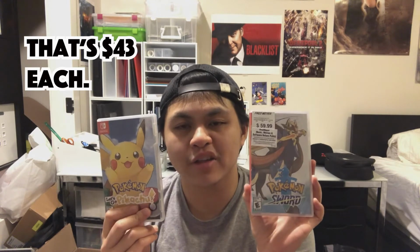since the place that I got them at was right here, Fred Meyer, which is part of the huge Kroger company chain, and all Nintendo Switch games or video games were on sale for 20% off on Black Friday, and I got an additional 10% off for both of these games on top of the original 20%, because the place that I work for, my side job as a deli clerk, is for Fred